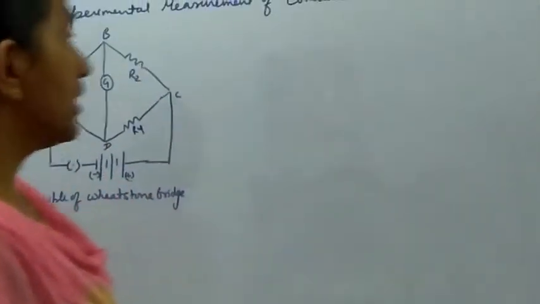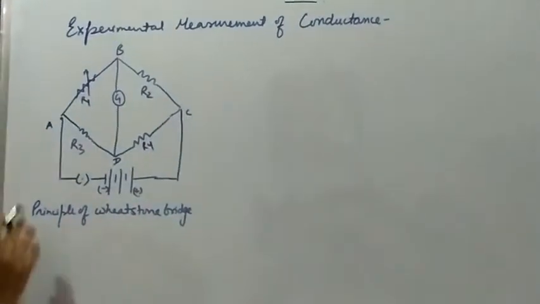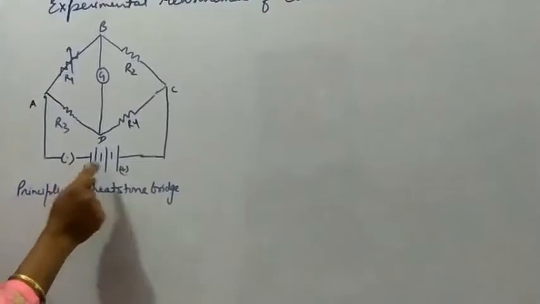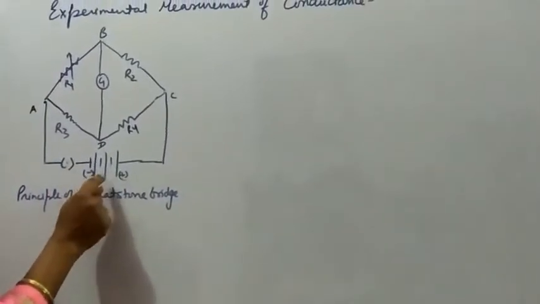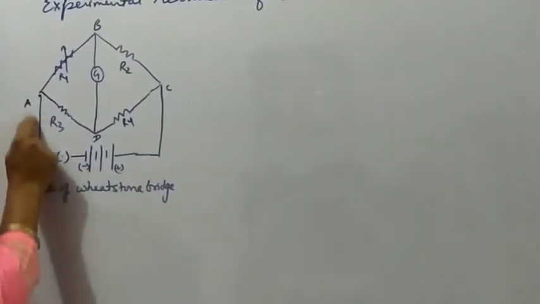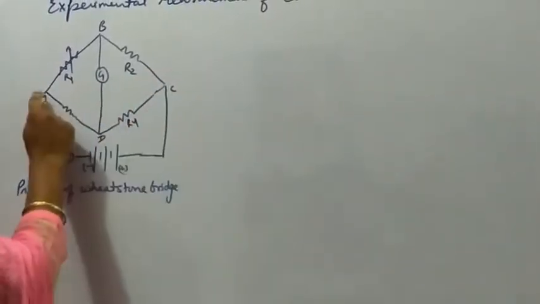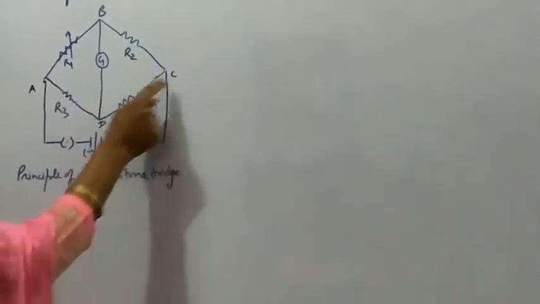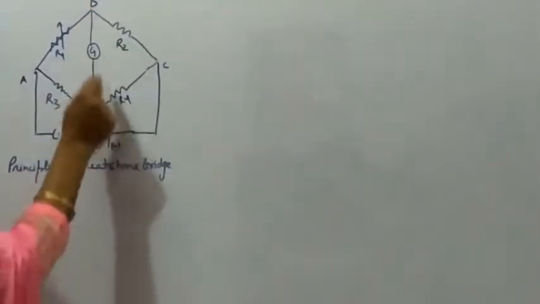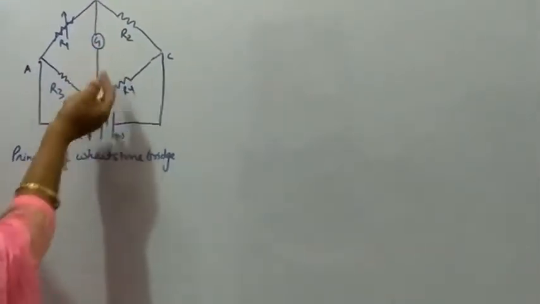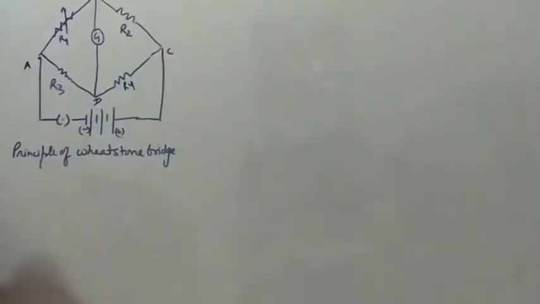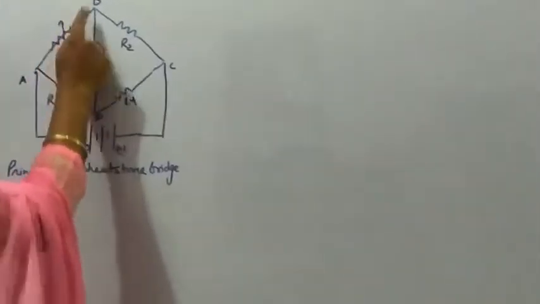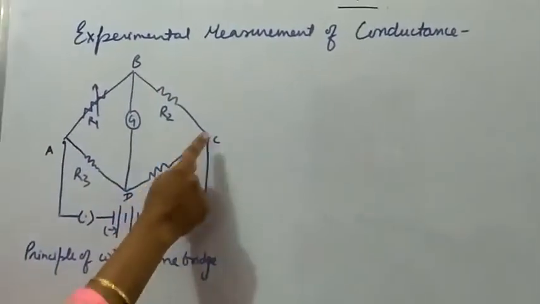Now just have a view on the diagram here. So here we have got a setup. We have got the key here. This is the source of current, that is the battery. We have got the two ends A and C which are connected. So A, B and C, and here A, B and C. Between B and D we have got a galvanometer placed. It is able to detect even minute current in the circuit. Now the arms are AB, BC, AD and CD.